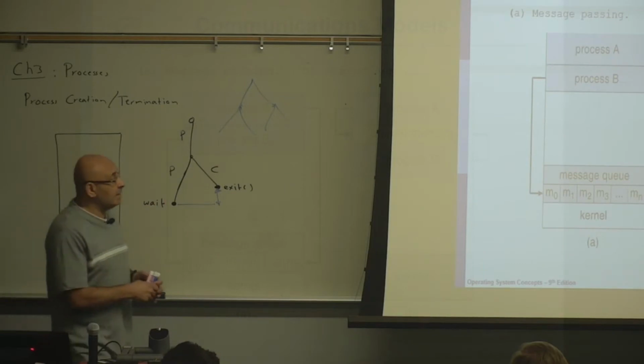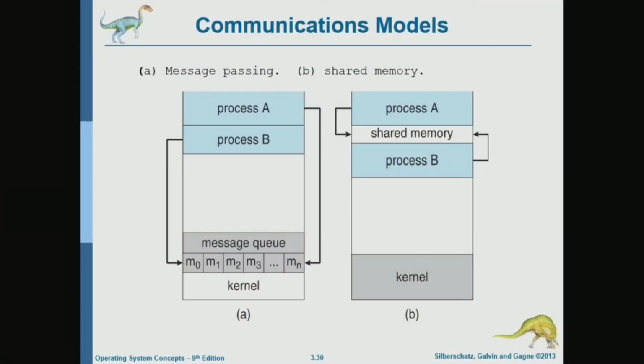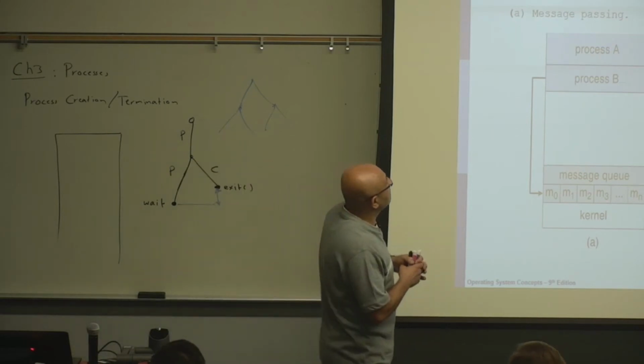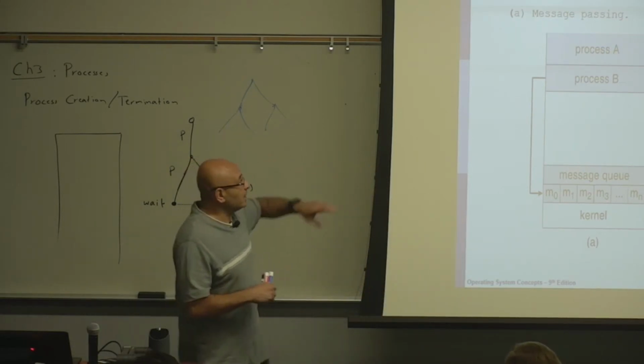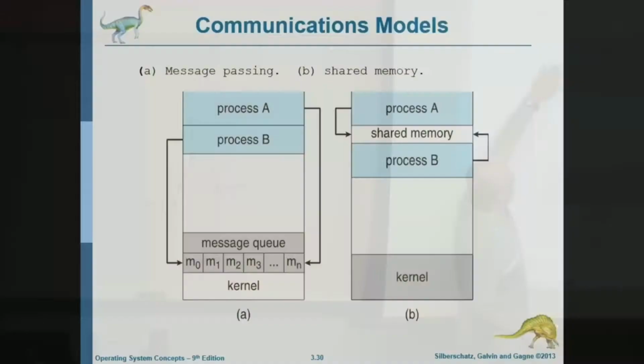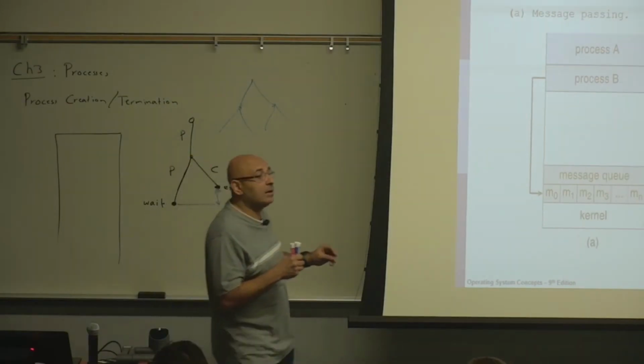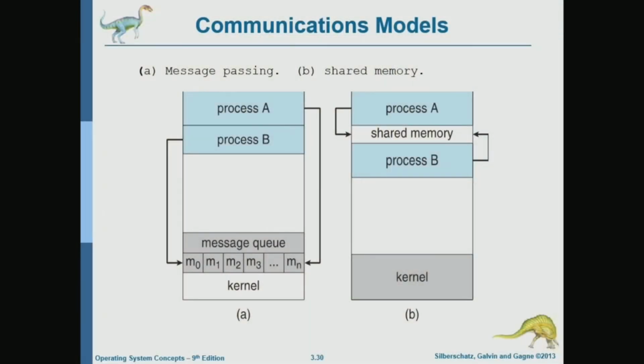But let's now understand the difference between shared memory communication and message passing, the two main methods of inter-process communication. In message passing, you have two processes in this example, process A and process B. So this is the address space of process A, address space of process B, and this is the address space of the kernel. Messages are managed and maintained and hosted by the kernel. So the messages themselves, everything is in the kernel address space. Okay? In that memory block that belongs to the kernel.